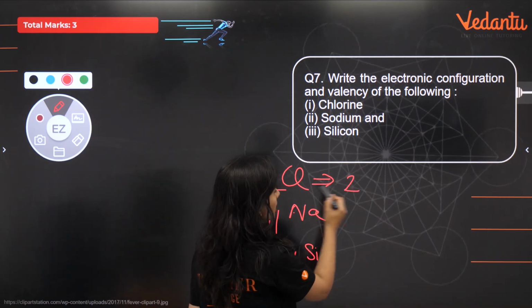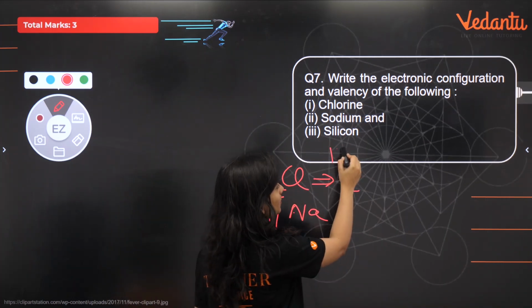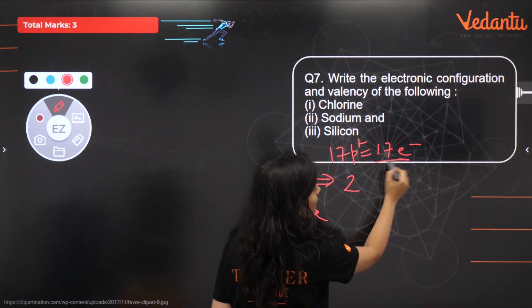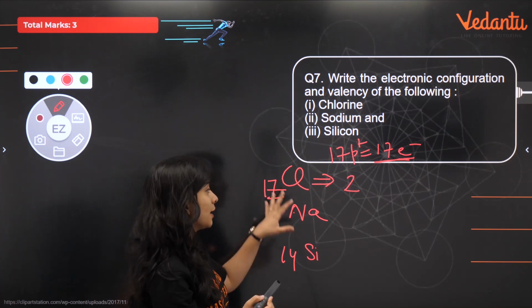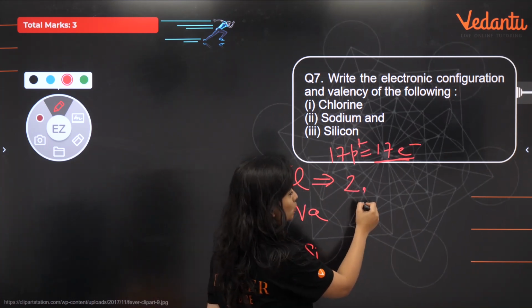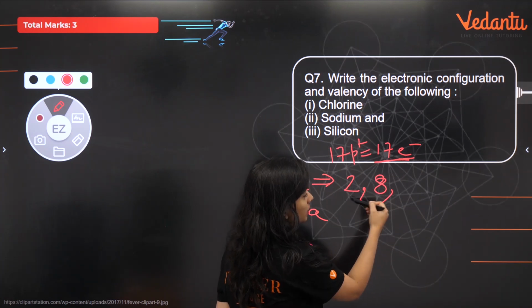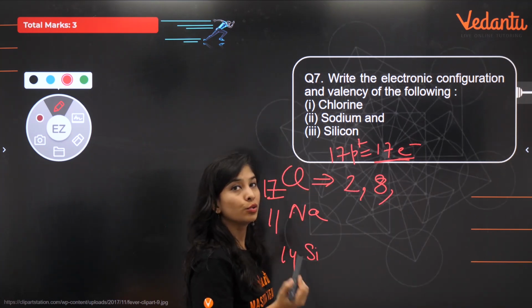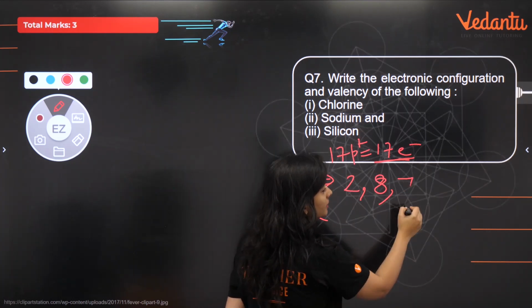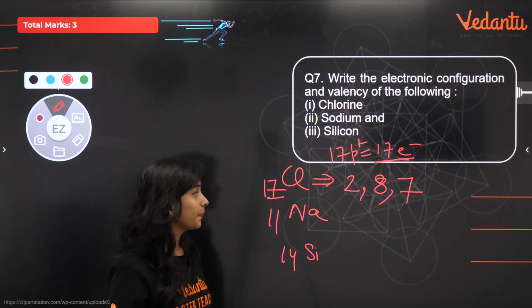First shell में 2, 17 atomic number मतलब 17 protons as well as 17 electrons, because every atom is neutral, because they are not talking about any charged species. Now first shell maximum 2 electrons, second maximum 8, then we can move electrons to the last shell. Why last? Because 17, 10 is done, 7 is going to come in the last shell.